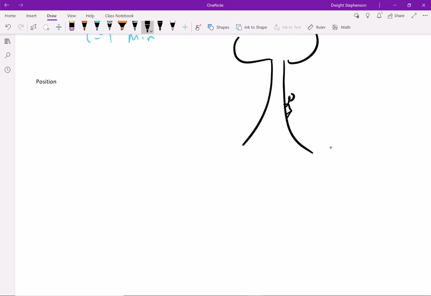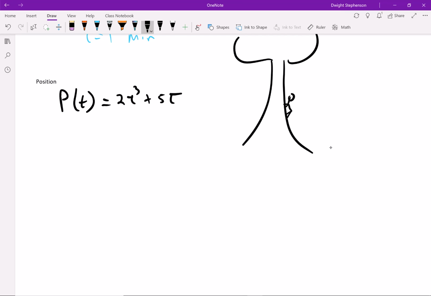Maybe you could write a function for how far up the tree he goes, right? So you could say, oh, well, I'm going to call this the position. The position of the squirrel after t seconds is equal to, maybe you can make something up, let's just say 2t to the third plus 5t, right? And so we could plug in numbers and say, oh, well, where is the squirrel at time